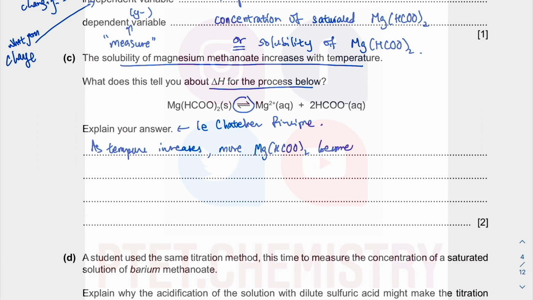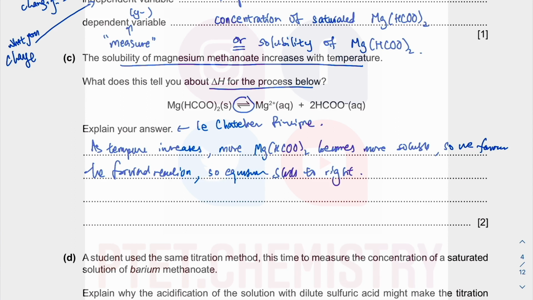So which side of the equilibrium are we favoring? So we favor the forward reaction, meaning more of it dissociates to the right hand side. So the equilibrium shifts to the right. When the equilibrium shifts to the right, you get more of them dissolving. That's what it's saying. The solubility increases, you get more of them dissolving at higher temperature. So this means